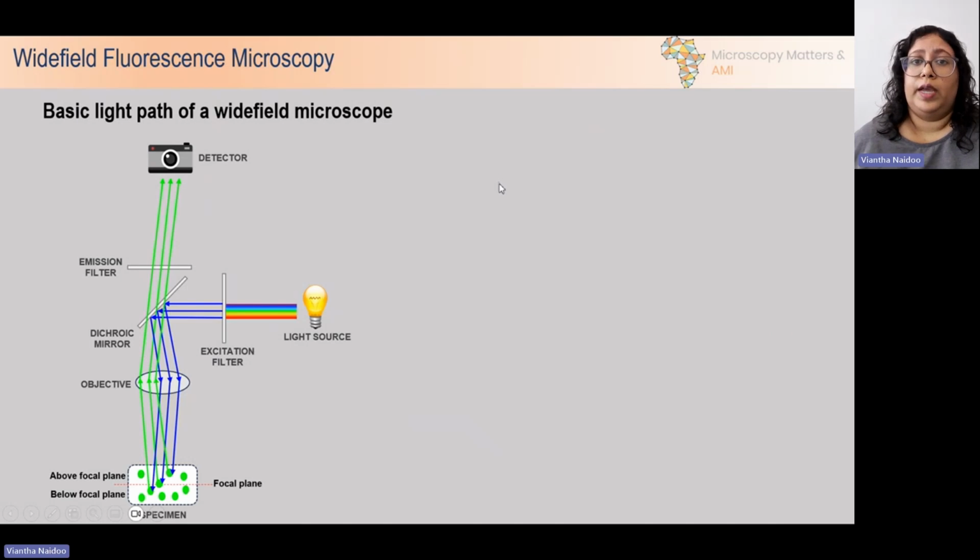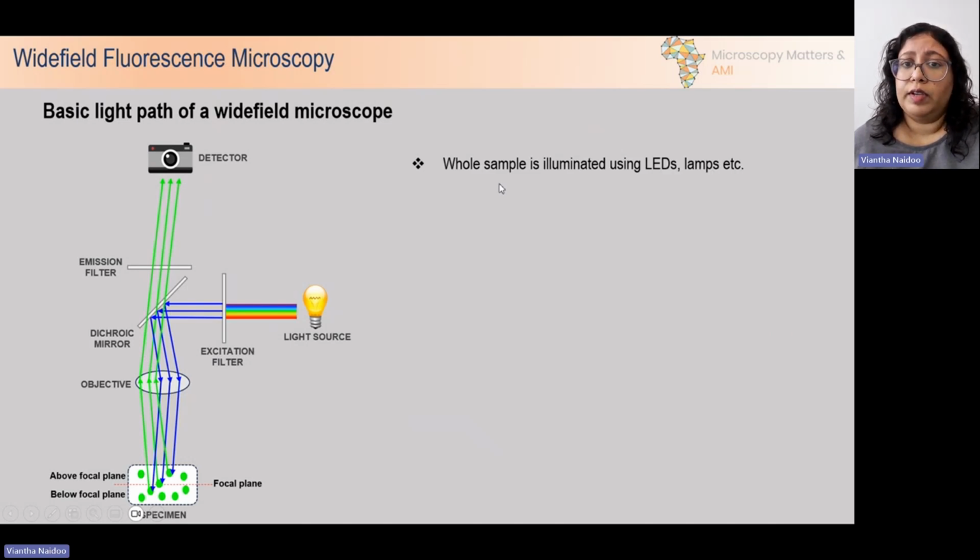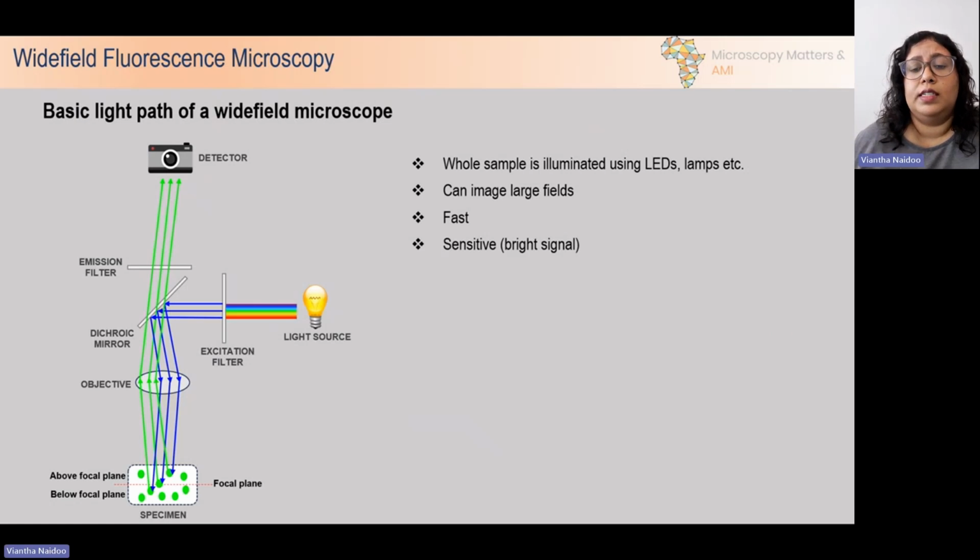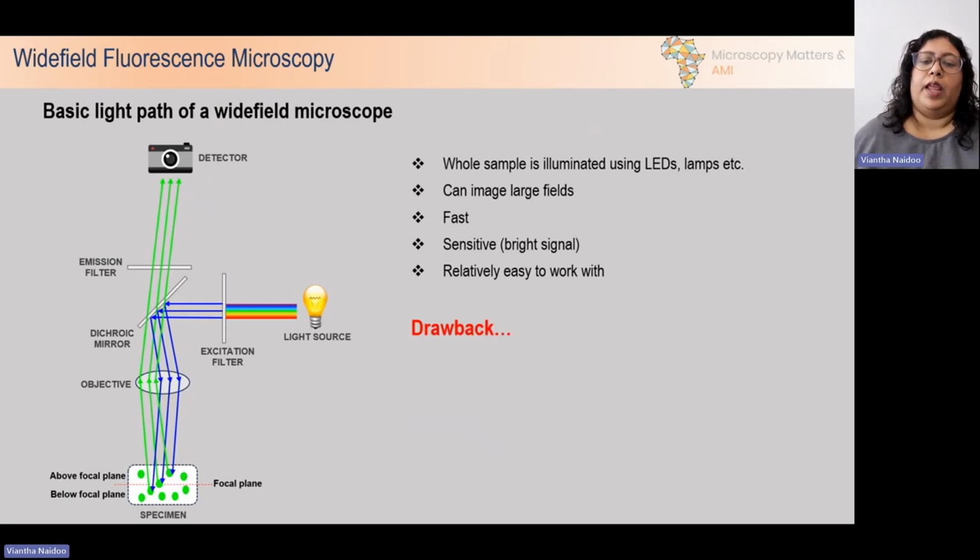So some key takeaways of wide field fluorescence microscopy: the whole sample is illuminated using LEDs or lamps. Large fields can be imaged. It is fast, it is sensitive, which means you can get bright signal even for weak fluorophores, and it is relatively easy to work with. But there is a drawback, and that is that out of focus light is seen in the final